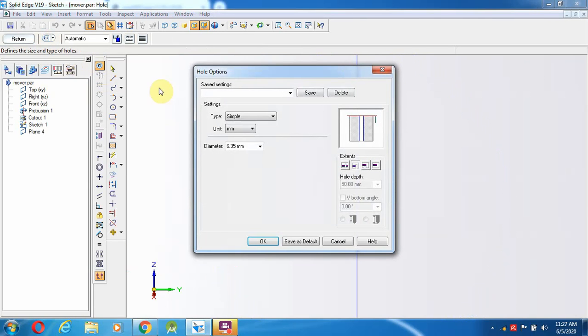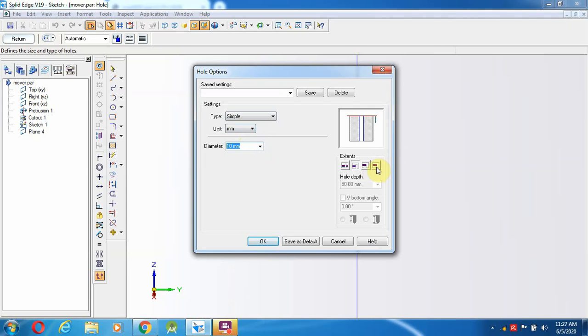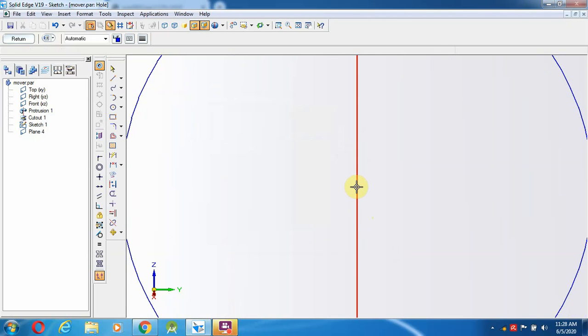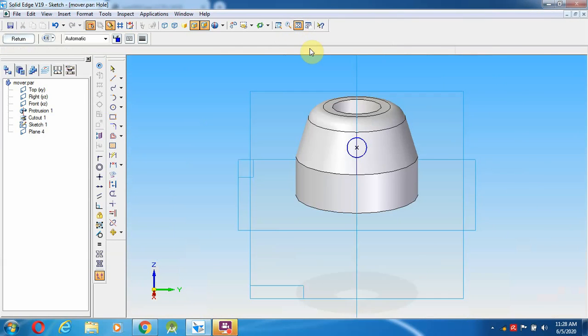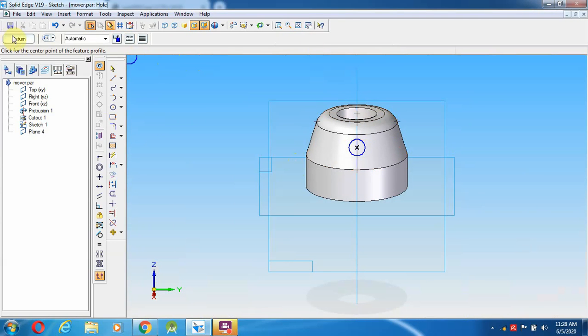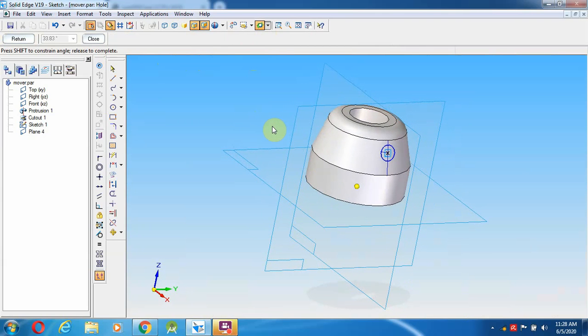Select this one, having the simple hole, with a diameter of 10 mm, as well as length 8. I am going to give 8, as well as the V bottom 90 degree. Give OK. I am going to place it exactly in the line. Okay, then going to give fit. I am trying to rotate, to check whether it is correct or not. So exactly we will place it in the point.